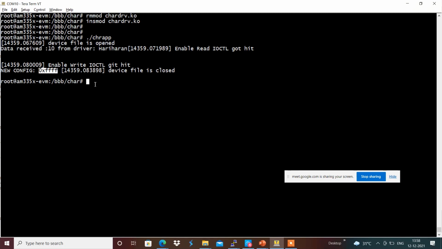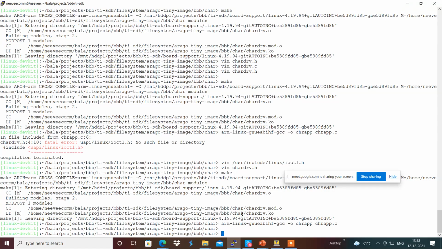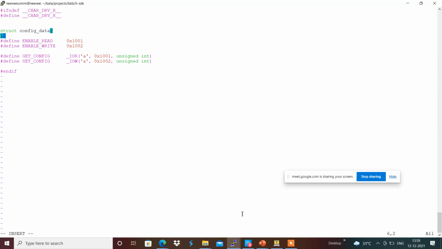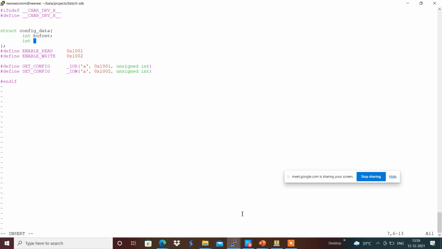For example, if we wanted to provide some data, something like a struct config_data, with an integer buff count, an integer buff size, and an integer data bits. Like this we can provide the configurations accordingly.